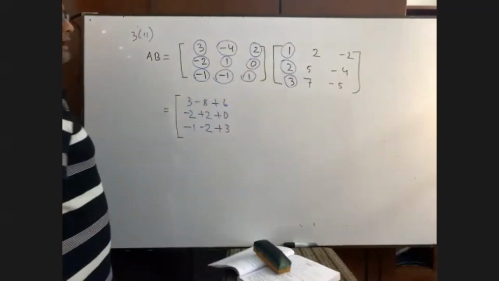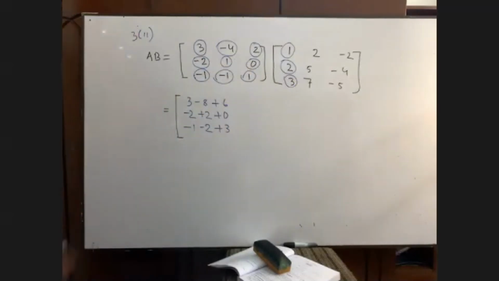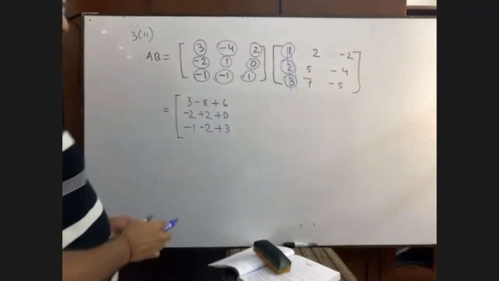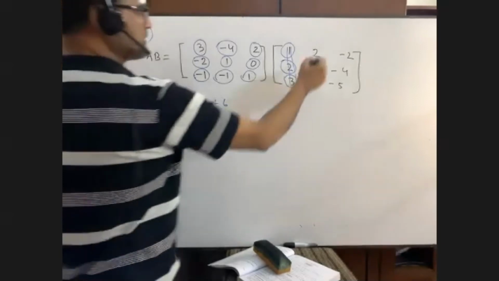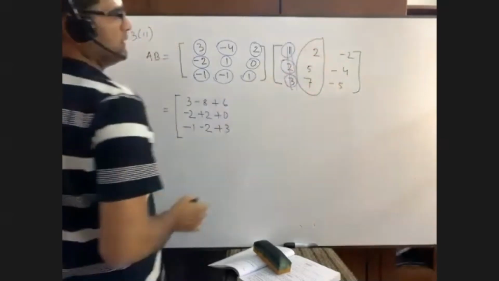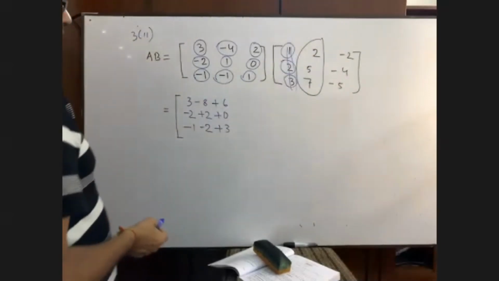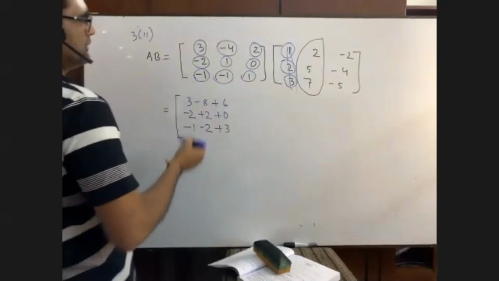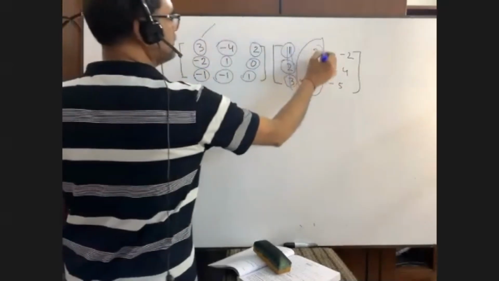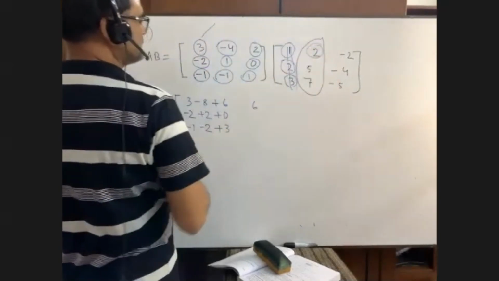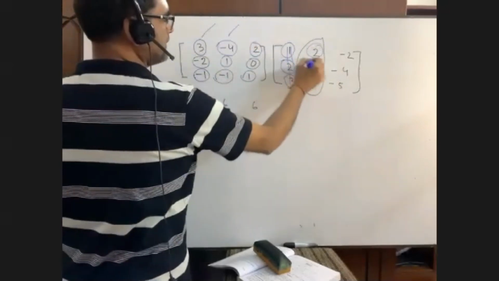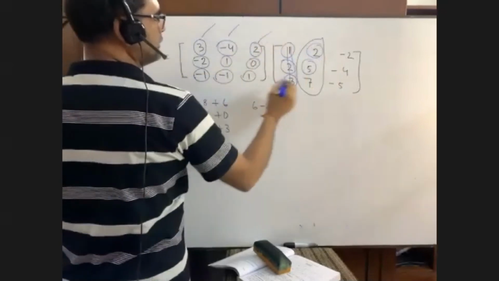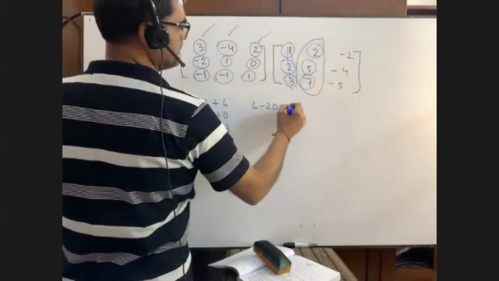First column is done. Now think for a while that it is not given in your question. Then what will you do? You will have the operation on this second column. What you did in the first column is to be maintained. That is 3 into these 2 equals what? 6. Minus 4 into this 5 equals what? Minus 20. Okay. 2 into 7 equals what? 14.